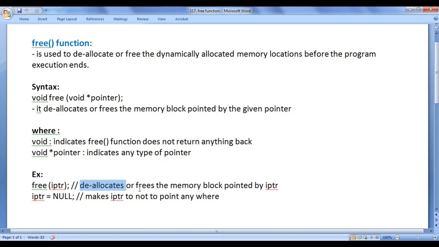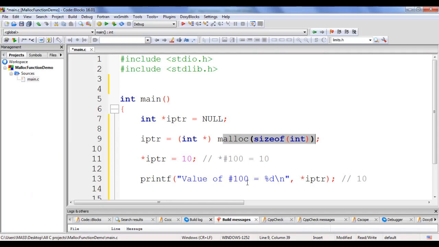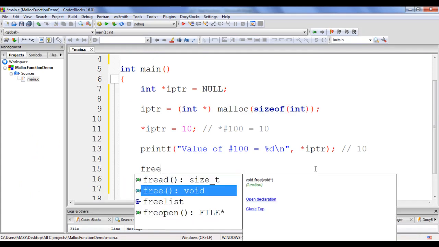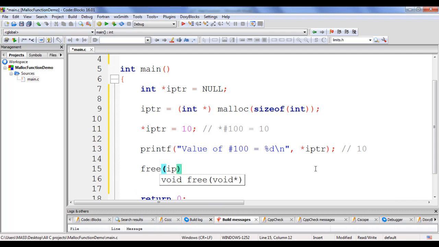Once you deallocate or free the memory block pointed by the iptr, immediately you set the iptr to null, which makes the iptr not point to any memory location, guys. So before the program execution ends, somewhere you will be calling the free function and you pass to it iptr. Understanding?